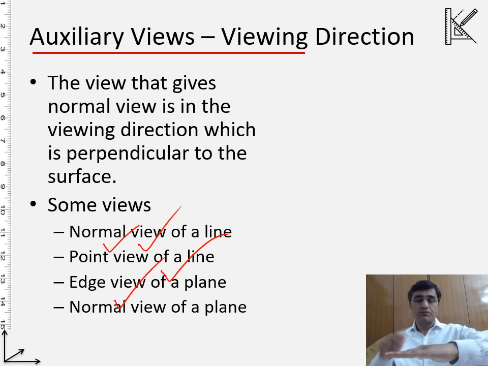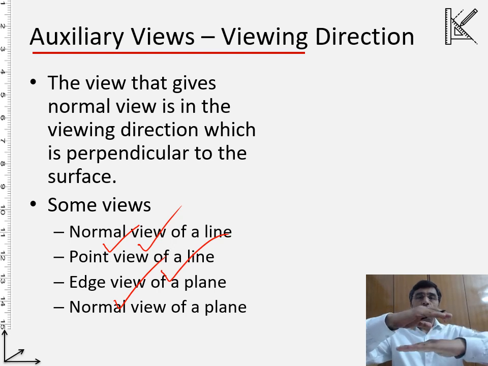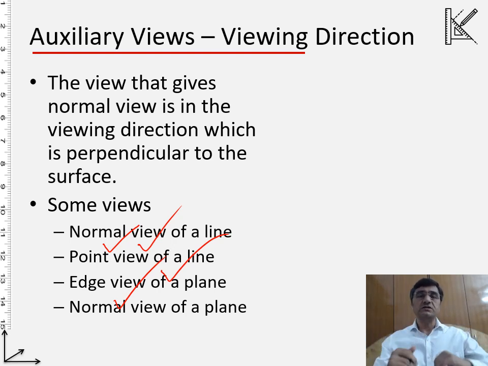At the same time, if you look at the horizontal plane, because this plane is parallel to the horizontal plane, the projection of this plane on the horizontal plane will be a normal view, without any distortion in the shape and size. So this is what we call the normal view of the plane.